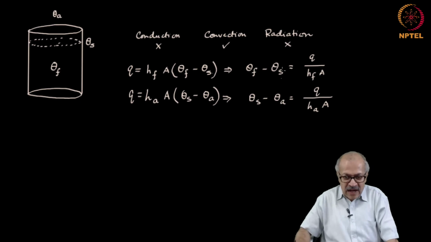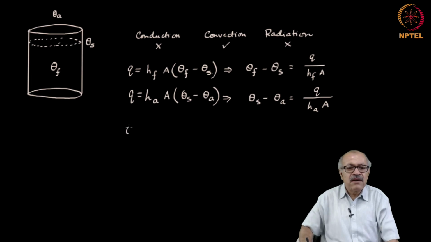And then if we add these two equations, we eliminate the theta s, and thereby we get theta f minus theta a